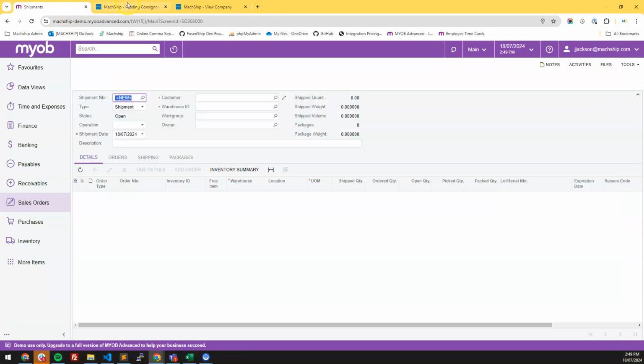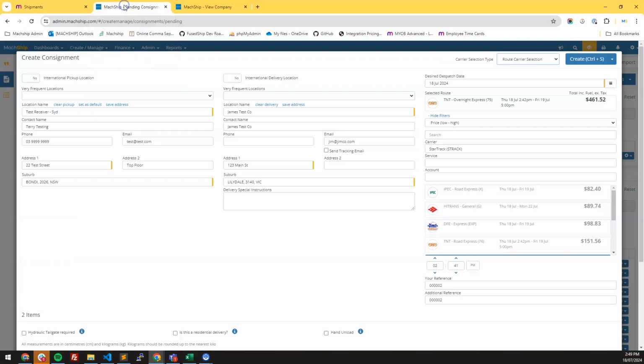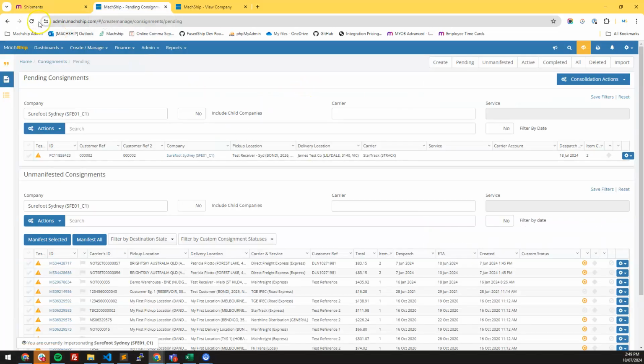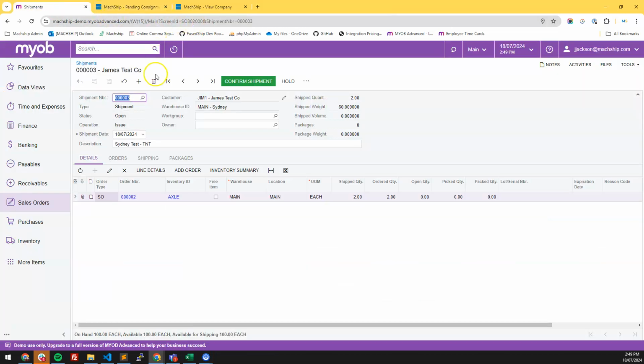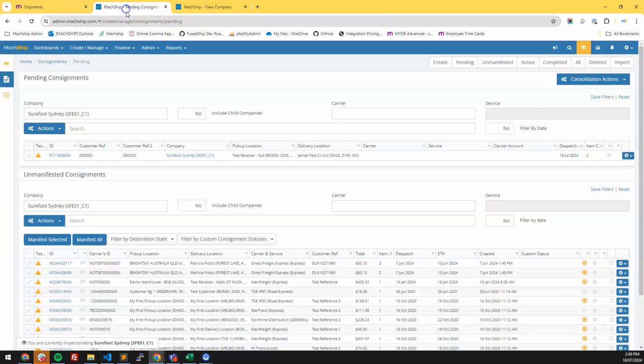Okay, great. So now I'm going to jump across into MachShip, and I'm going to hit refresh. Straight away, you'll see that this shipment is already there. You know it's the correct shipment because if I jump across, you'll see it has a shipment number of 3, and it's come across as a shipment number of 3. Now if I open this one up by clicking on the PC number just here,